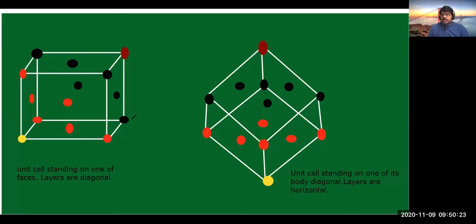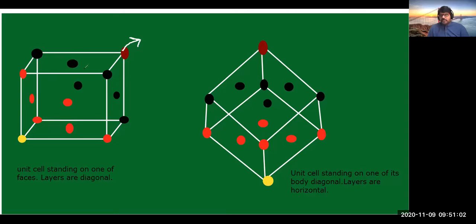Now you can see this is what we call the FCC unit cell. But here I just wanted to see the layers in this. So this is the particle of the first layer, and here this is corner, face center, corner, face center, corner, face center. Once again, this is face diagonal, this is face diagonal, this is face diagonal, and here you can see there is a contact.